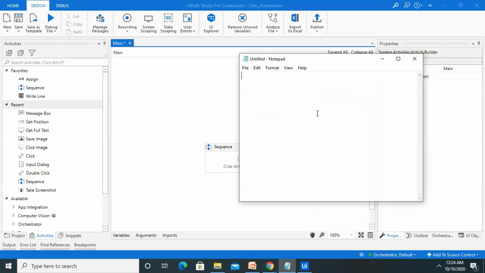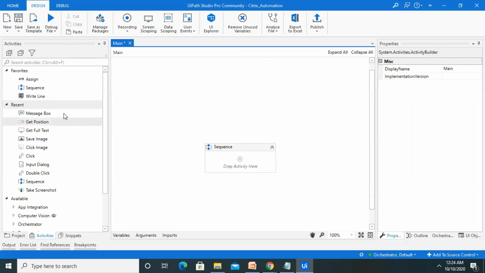So this is a notepad which I want to open for my automation activity and write some text. After writing the text, it will ask for saving when we close this notepad, and if we hit the save button, it will ask for the name of the text file to be stored. And if we don't want to save this file in our local system, we just keep this and directly close the application.